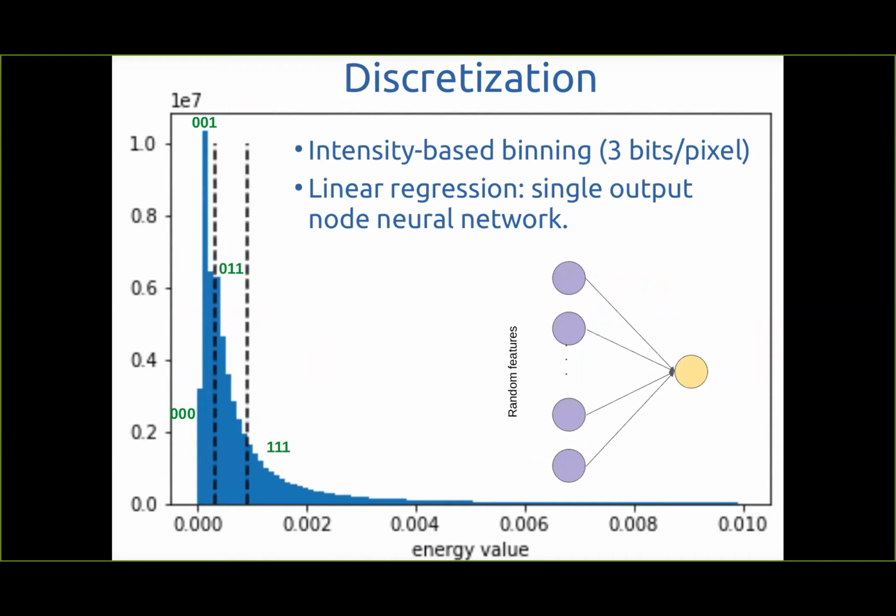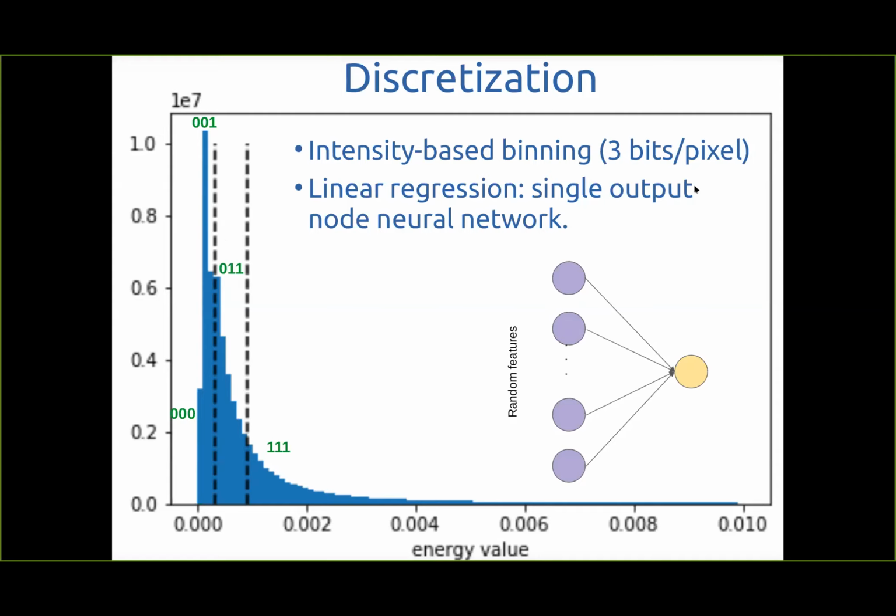If there was no signal, of course, it was 0, 0, 0. And then we look at the energy distribution. If we're in the low quantile, we'll just put 1 pixel on, so 0, 0, 1. In the middle, 0, 1, 1. And if we have a high energy, it will be 1, 1, 1. So that if you have a higher energy, more pixels on the OPU are lit. And then in the end, we make some linear regression, in this case with a single output neural network.